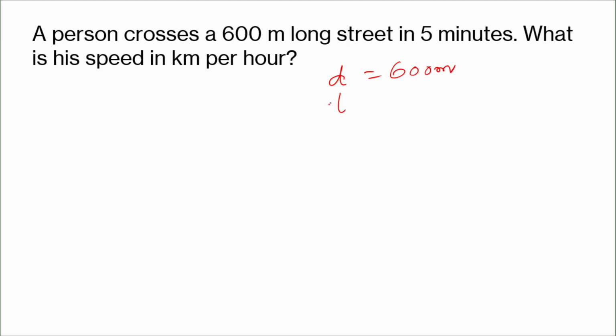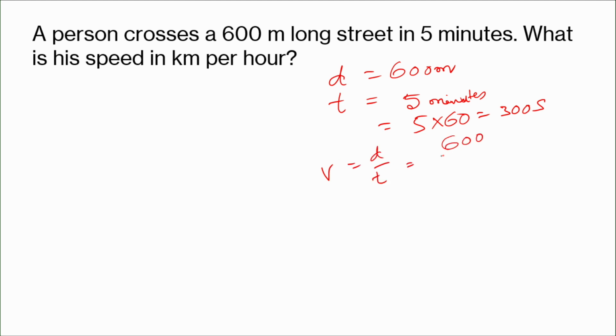And the time is given as 5 minutes, correct? 5 minutes means 5 into 60, that is 300 seconds. The speed v is equal to d by t, means 600 by 300, it is 2